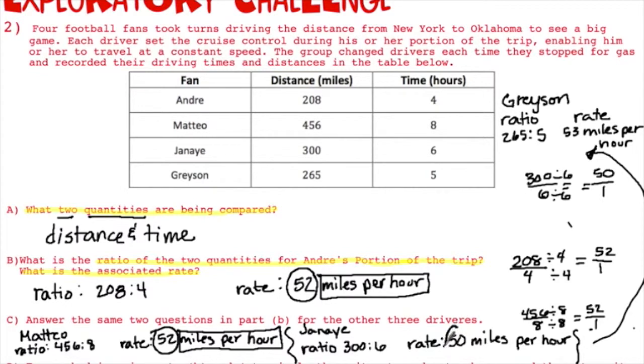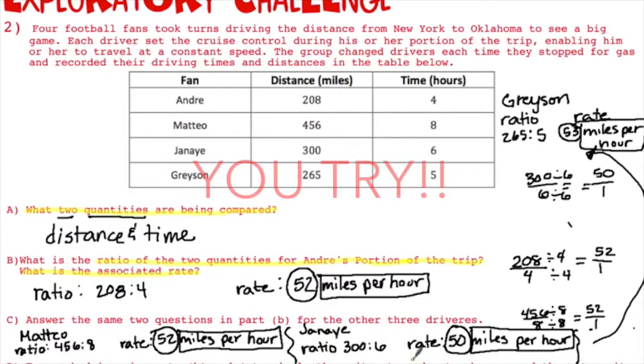Right, so you should have found that for Janae the unit rate was 50 and the rate unit was miles per hour. And the unit rate for Grayson was 53, and the rate unit was miles per hour. Notice that their rate units were all the same, but their unit rates were not the same. So that tells us Grayson drove more miles on average than everybody else, and Janae drove fewer miles than everybody else. All right, so